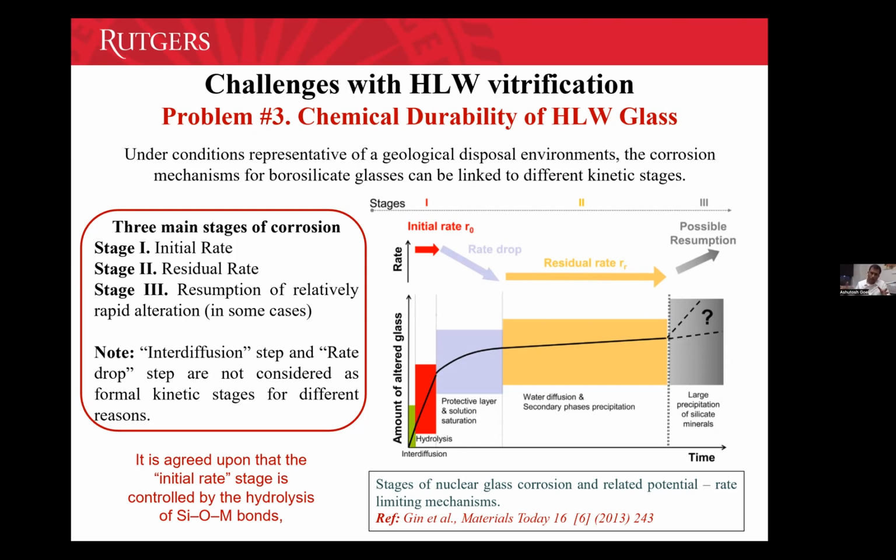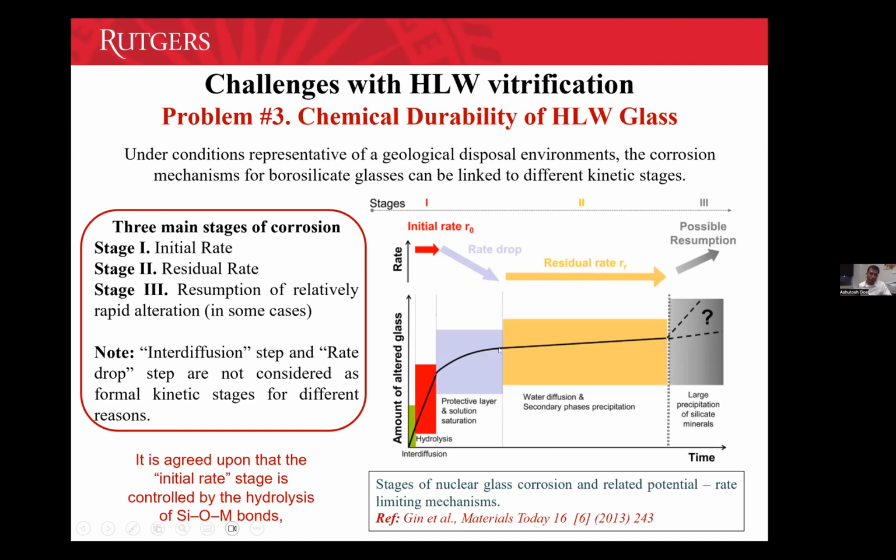There are a lot of questions around it. I won't go into a lot of detail here. The corrosion of glass can be divided into 3 different stages. This is stage 1, where ion exchange takes place. Sodium and calcium from the glass, Na+ and Ca2+, for example, go out from the glass, and hydronium ions go in for charge neutrality, right? Na+ goes out, H+ or H3O+ goes in. Ion exchange.